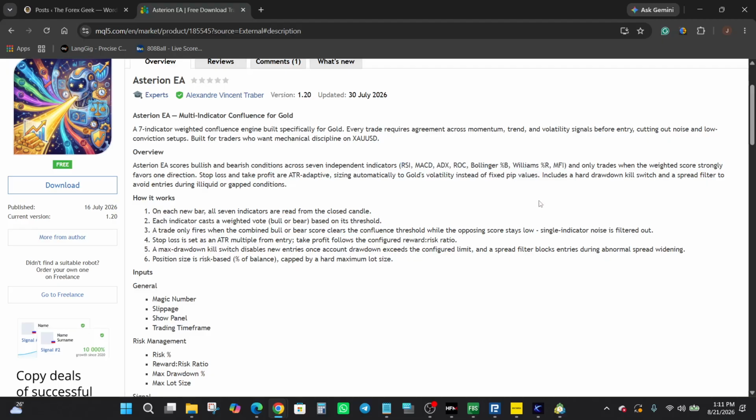So the basic idea is that instead of relying on one signal, the EA gives these indicators weighted bullish or bearish votes and only considers a trade when the combined score reaches the required confluence threshold. So from a trader's perspective, that approach is intended to filter out weaker setups rather than reacting to every individual